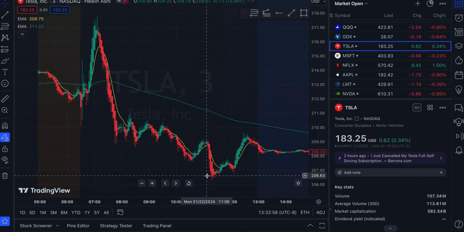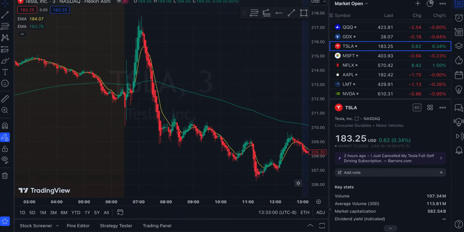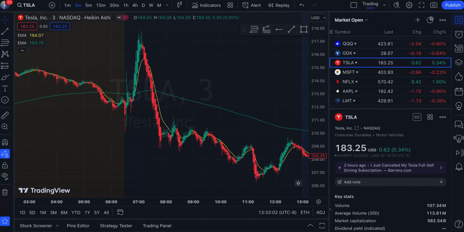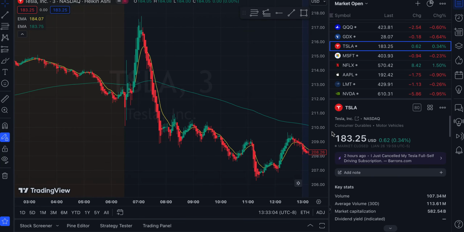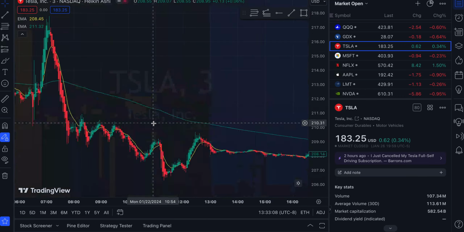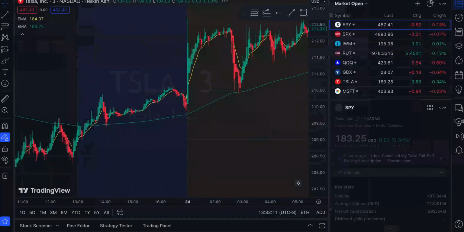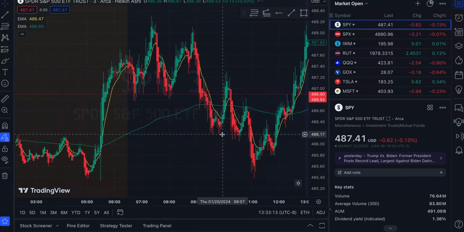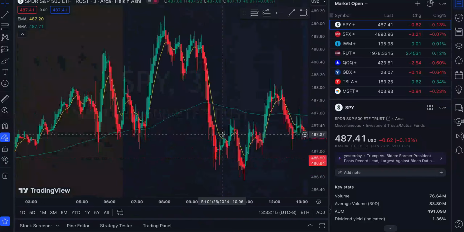So it really is a very, very beneficial tool for trend days. So this really isn't going to work too well on consolidation days where the market is just kind of bouncing around. Let's just take a look at SPY here. I think it was yesterday. No, it was a